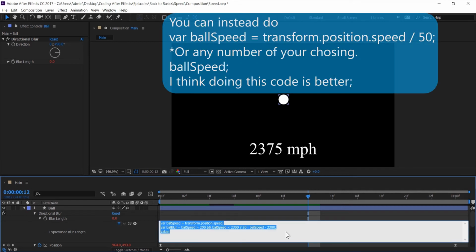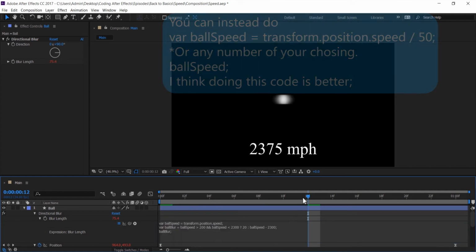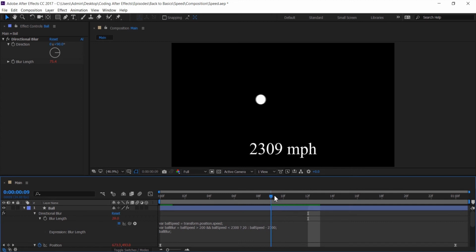I push enter, but what I need to do is put ballBlur down here. Okay, so I'm going to scroll back, and you can see there's a blur as it goes to 379. It's at 20, but once I get past,